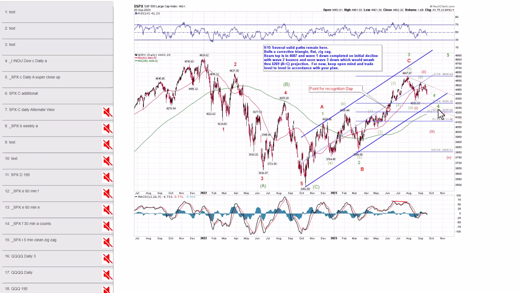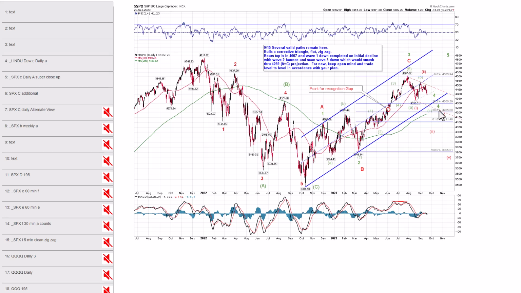So again, we favor this at least for now as some sort of fourth wave correction. Again, it is possible under the bearish scenario that we put in a bigger top, and that lower high was a wave 2, and we're going to go down in a wave 3. If it's a wave 3, remember that's a trending wave, then price should accelerate and really dump hard. So that's how you'll know if it's that scenario. But for now we're favoring more of one of these wave 4s.